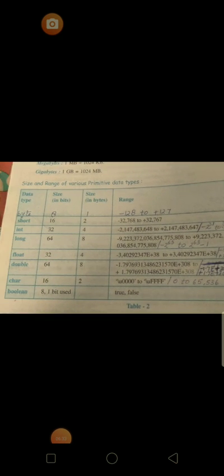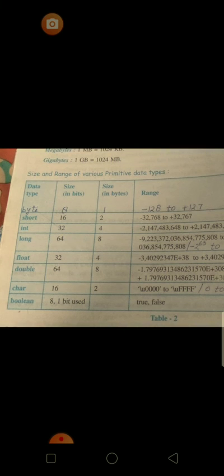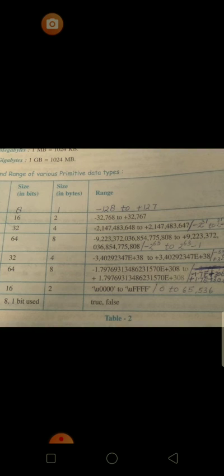Now this is the chart. Here you can see the size and range of the different data types. All the primitive data types' sizes and ranges are given. Byte is 8 bits, and its range is given.